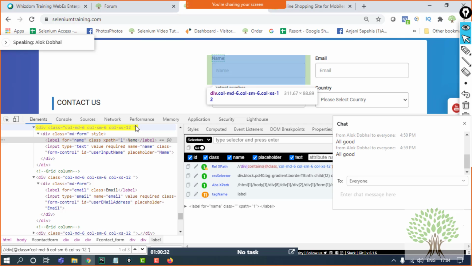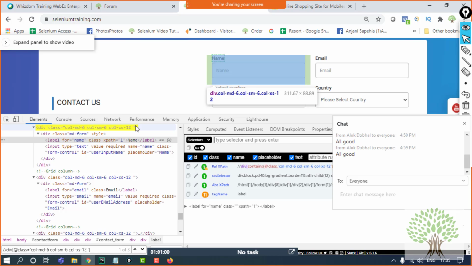I'll tell you that for multiple extractions on a web page, we will cover that in the next classes. I know that curiosity comes up that I have to extract multiple elements, but that will come in some time. Fine. Now you say you want to extract this label, the text written. So what we can do is we'll use the command driver.find_elements_by_tag_name, and in the tag name you can give the tag, that is label.